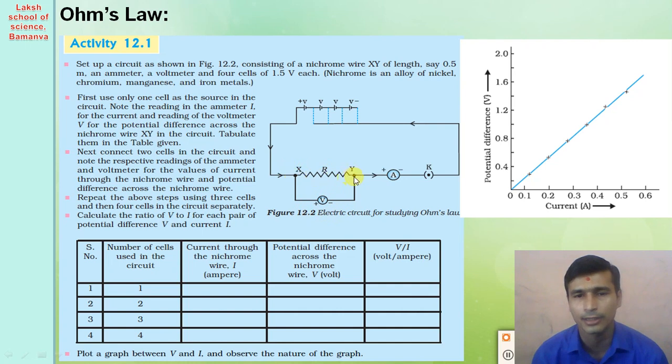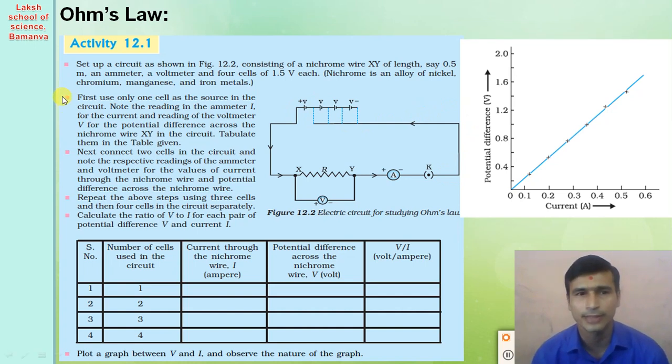Here we take one conductor, a nichrome wire. Nichrome is an alloy of nickel, chromium, manganese and iron. So connect the circuit as shown in this. Take one pencil cell, connect it with the nichrome wire, connect with the ammeter. Positive terminal, negative terminal, connect with the switch. It provides the path of the electric current, and again the second end of the switch is connected to the negative terminal of the battery. So first use only one cell.